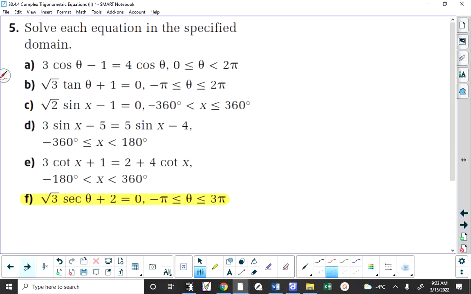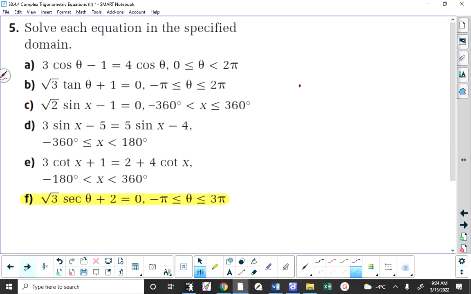So 3 sine x minus 5 equals 5 sine x minus 4. And I'm glad you asked about this. I also want to briefly go over f as well. I had pulled these examples out of your lesson where we had, I call them weird, wacky domains. But I think at this point in time, now that we've had some practice with the basic stuff, we can talk about them. One of the things you have to do here, first of all, with D is